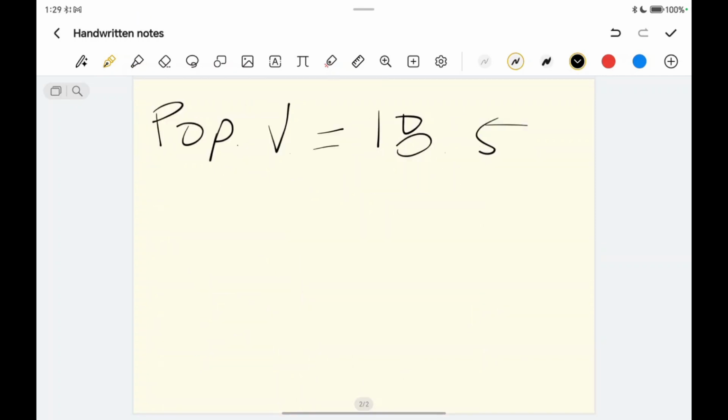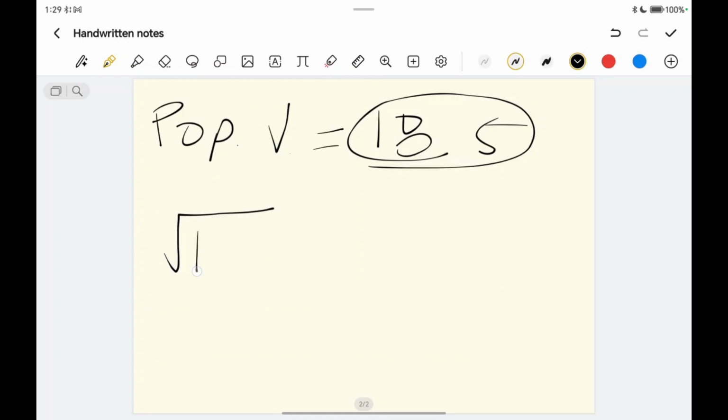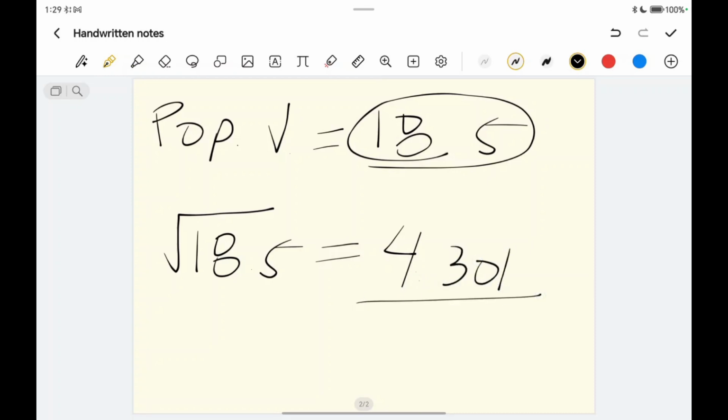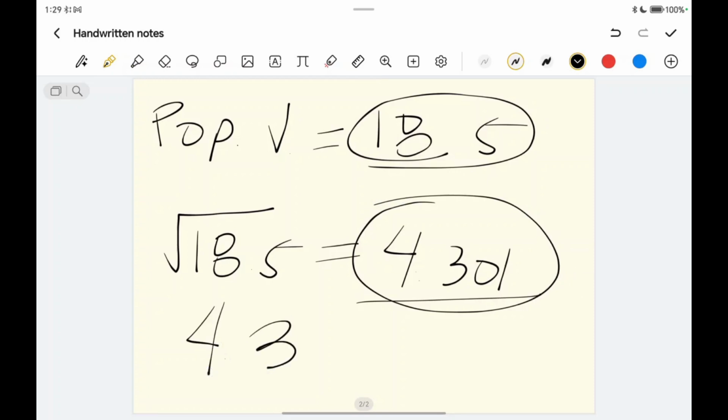For finding the standard deviation, we're just going to get the square root of this population variance. So it goes like this: getting the square root of 18.5. When you take the square root of 18.5, you will get 4.301. As simple as that. But since we are required to get the standard deviation to its nearest tenth, that is 4.3, and that is now again our standard deviation.